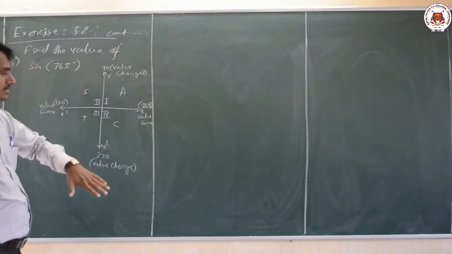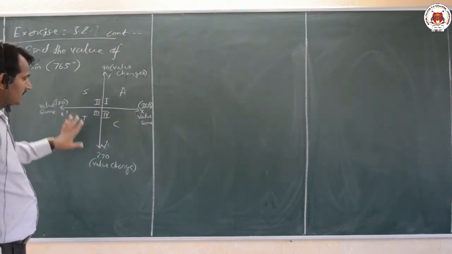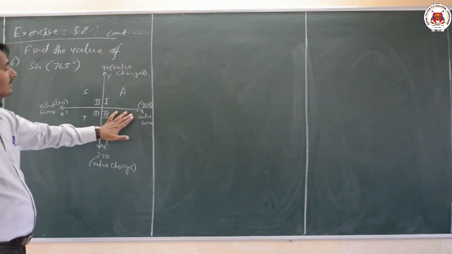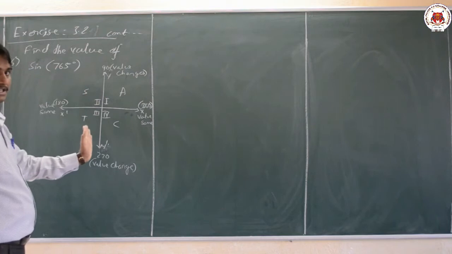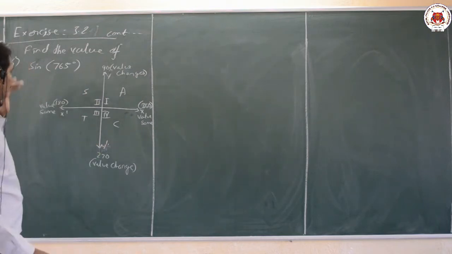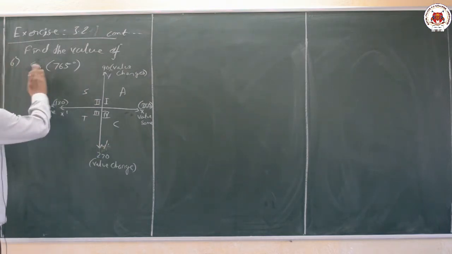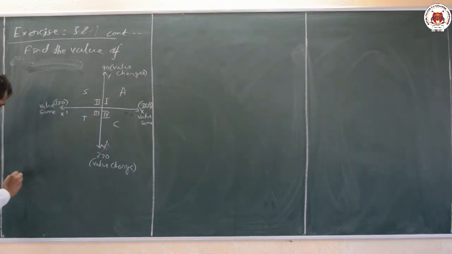Now let us begin our discussion, and one more thing: this complete revolution is 360 degrees, after that it repeats again. Now let us examine our first problem. The first problem we shall discuss is the sixth example, sine of 765